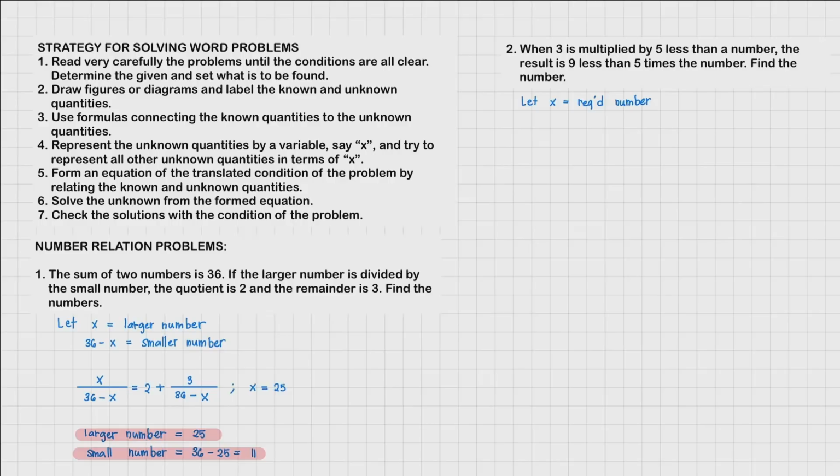And from the statement, when 3 is multiplied by 5 less than a number, the result is 9 less than 5 times a number. So we're going to write down that mathematical relationship. So 3 multiplied by 5 less than a number. So x minus 5. The result is 9